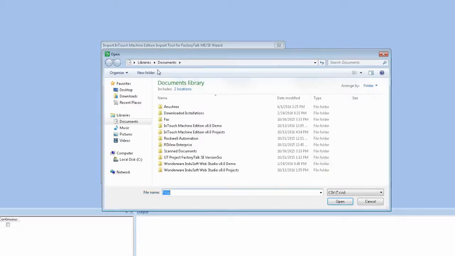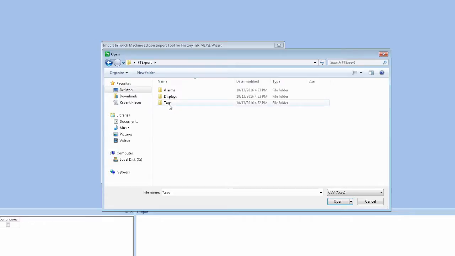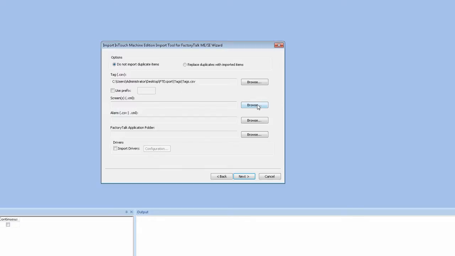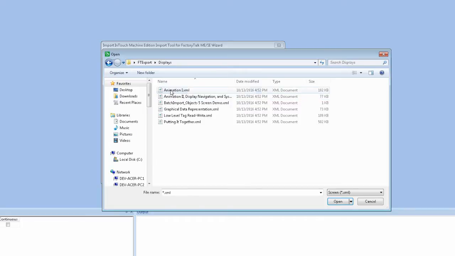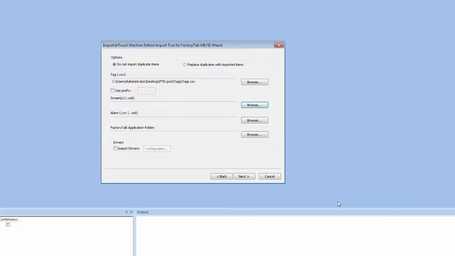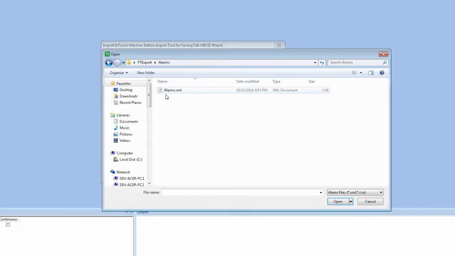So first the tags, then I'll go to my desktop, FactoryTalk Export, tags, and select my tags.csv file. Screens, I can go to Browse, FactoryTalk Export, Displays. I can select all the screen files I want to export. I will import everything except the batch import, which is not a screen, it's just a list of screens exported. So say OK. Here in alarms, I can select the alarm file exported,